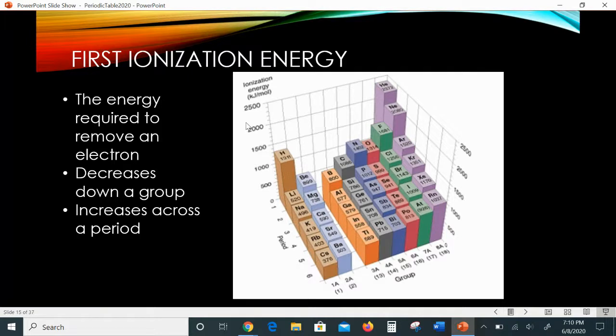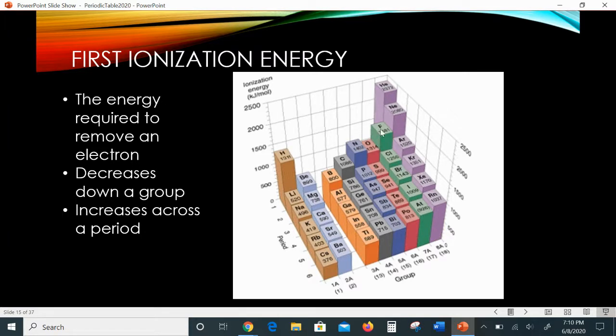Here is first ionization energy. Now it's the energy required to remove an electron you already have. So the noble gases are involved now. Don't you dare take an electron away from me. I already have mine, right? So very high energy. Think about if I try to take a phone from a high schooler, they fight me at no end because the phone is their life. So if you really like something, you will fight to keep it from getting taken away from you. So that's why these noble gases have high electronegative, or high ionization energy.